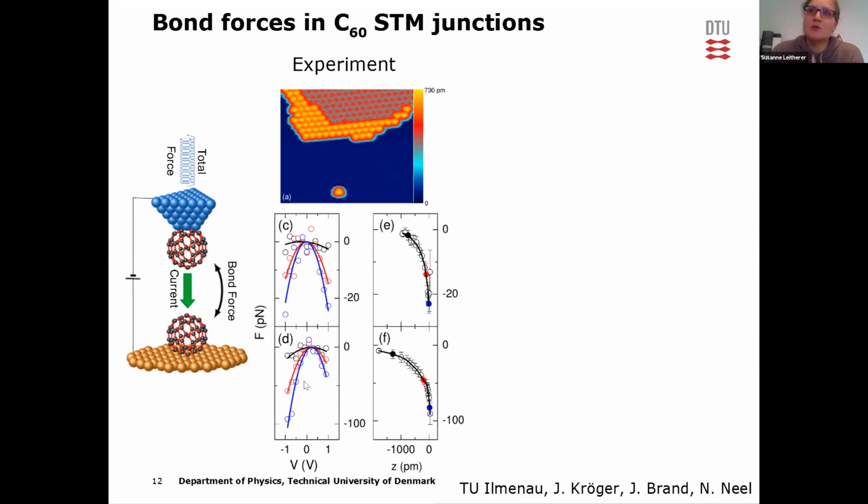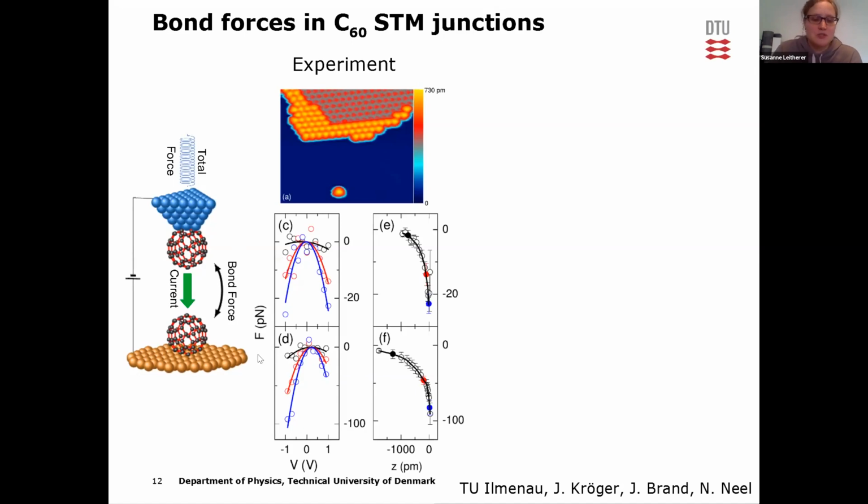The negative sign of the force here means that they get an attractive force. So, for example, for the isolated C60 contact, they get a high attractive force at negative bias. We have also set up a model of this junction and calculated bond forces using the method I just presented, by summing over the contributions on the two C60s and projecting onto